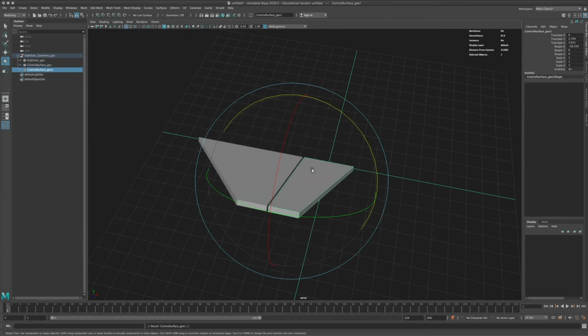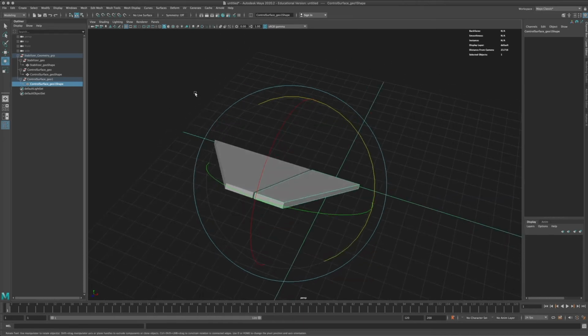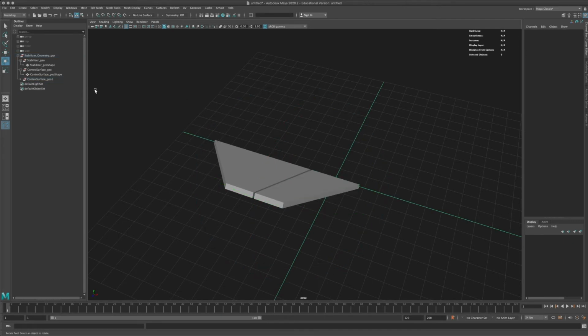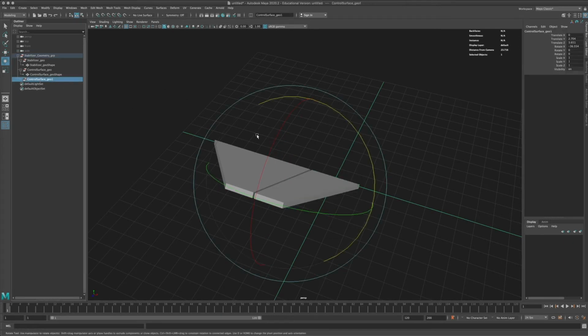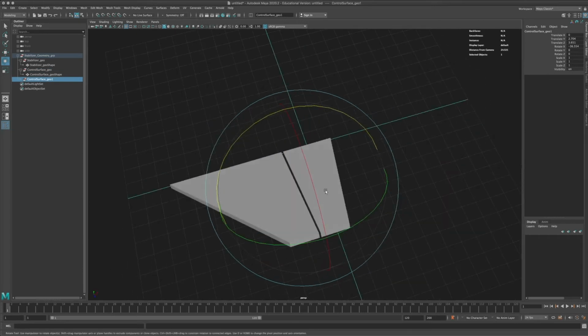So I'm just gonna duplicate my surface here, and I'm just gonna display shapes for a moment. The shapes in Maya, as you probably know, are holding the actual geometry, so the polygon data of the object. So I can just get rid of the object shape, and what I've produced from this is just an empty transform, an empty null object, and I can use that. And conveniently, it's at the very same position as my